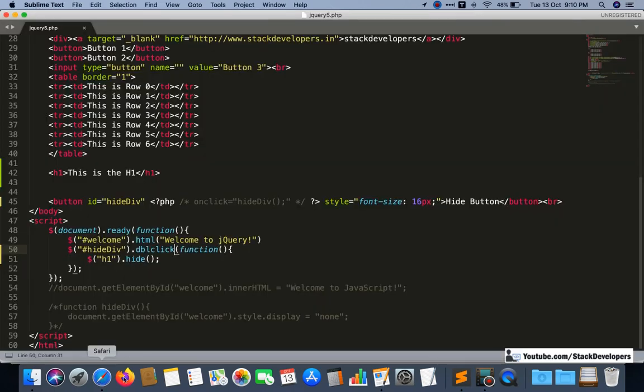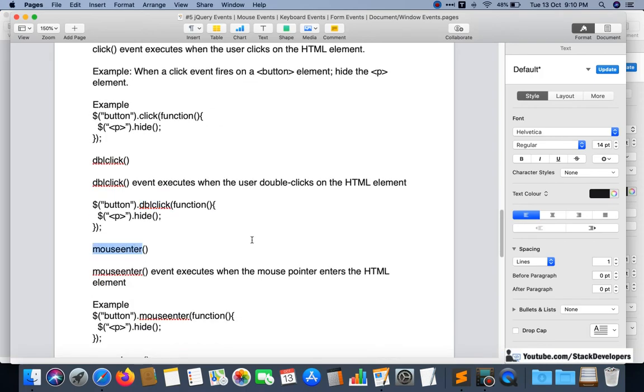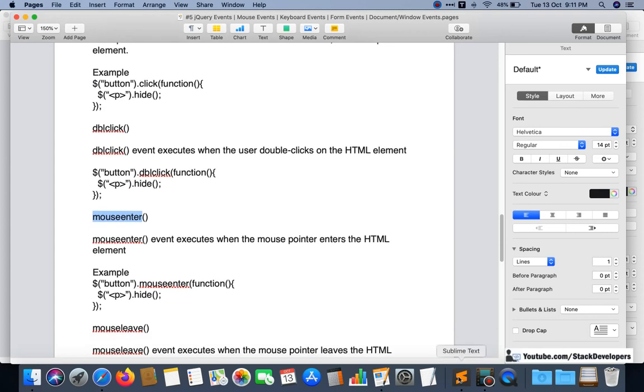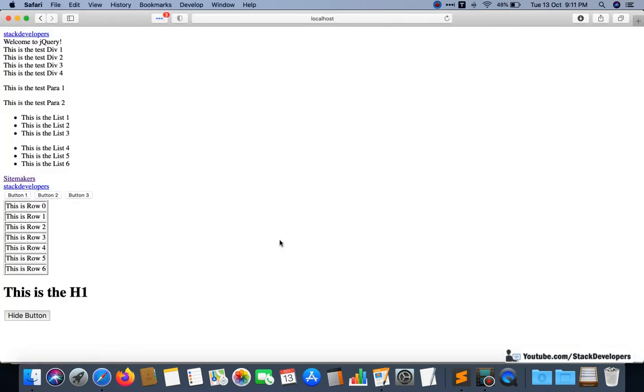Okay, so another one is mouse enter. Okay, whenever you bring your mouse over that HTML element, okay, means whenever it enters that HTML element, then that event will be performed. Okay, so I'm going to make it mouse enter this time. Okay, so let's see now what will happen. I will not click, I will just bring the mouse over the hide button and it will hide this h1.